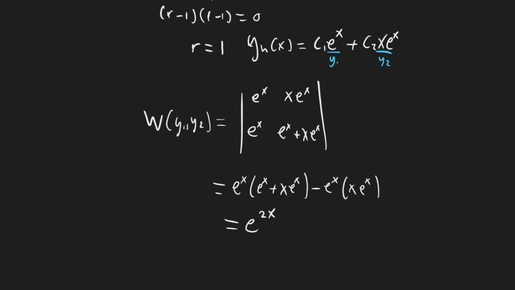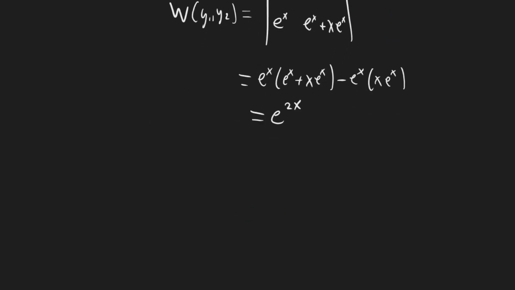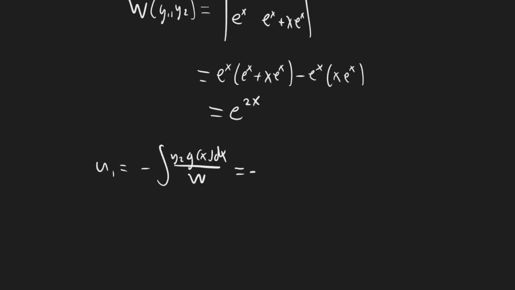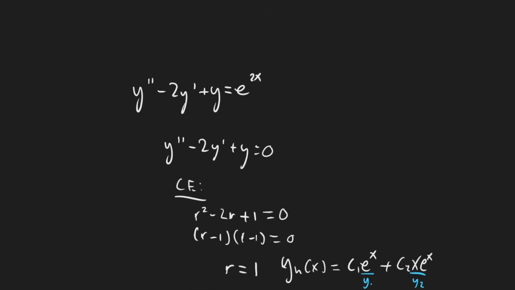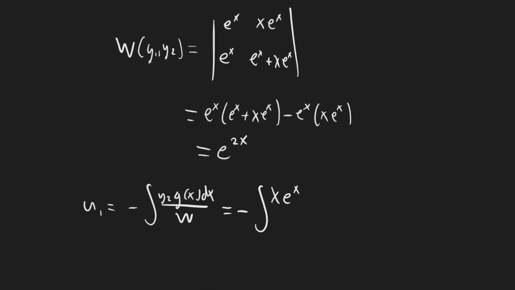Okay, we have the Wronskian, we have y1, y2, so we can go ahead and find u1 and u2. Well, u1 is just going to be the negative integral of y2 g of x dx over the Wronskian, okay? We know what these values actually are, so we can plug them in here. y2, we said up above, was going to be x e to the x, right? So that's just going to start with an x e to the x. What's g of x? Well, it's this guy right here, so that's an e to the 2x. So we have an e to the 2x here, and so we need to divide by the Wronskian. What's the Wronskian? Well, that's also e to the 2x, and then we need to take that integral with respect